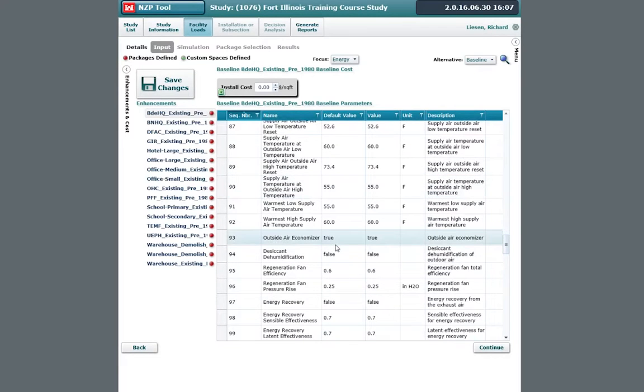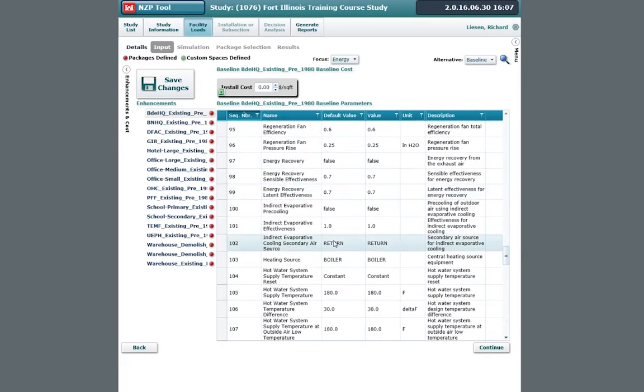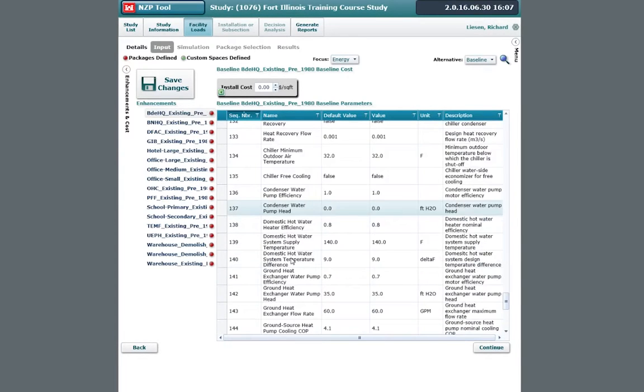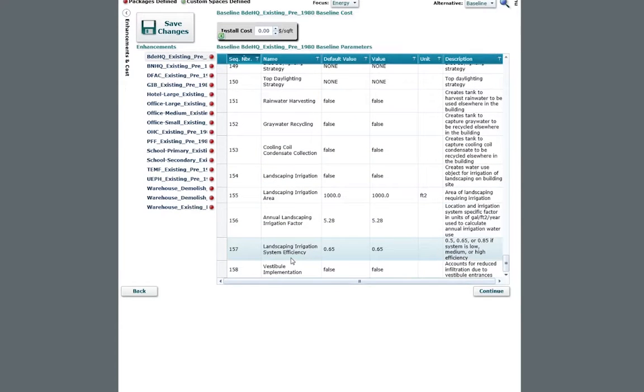The key here is that they're now grouped, and once you find your group, you look through that group of parameters. If you're diving in this deep, and if you're not, then that's okay. But you have a better chance of getting to these groups, because they're now grouped by this sequence number and not just by their name. Okay, so that, from my perspective, is a huge benefit. So that's one piece of this, and